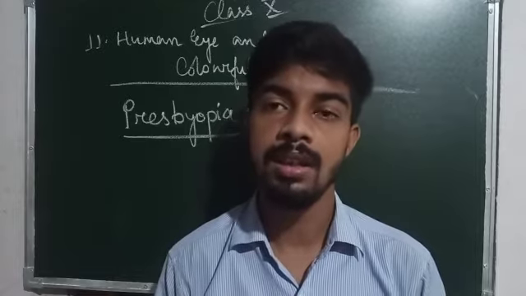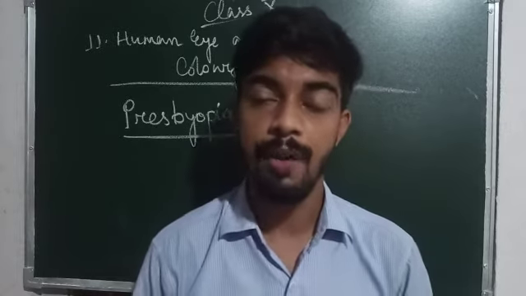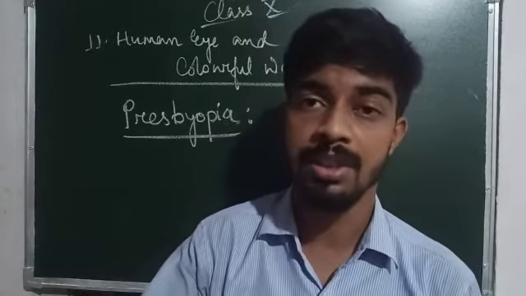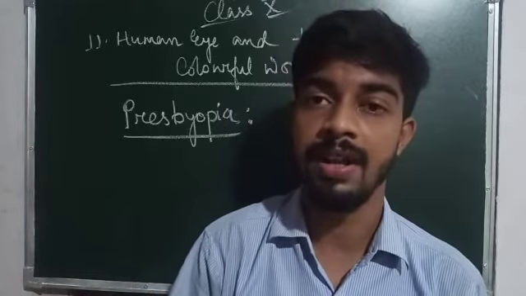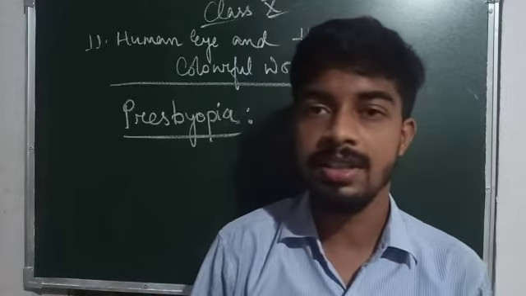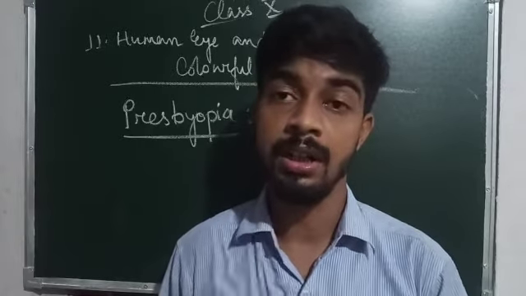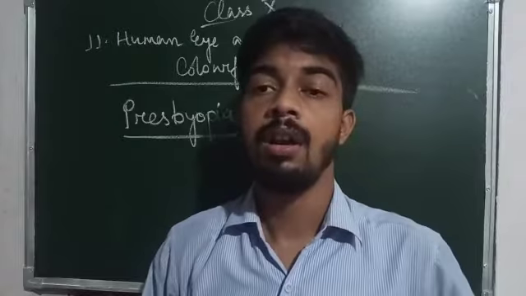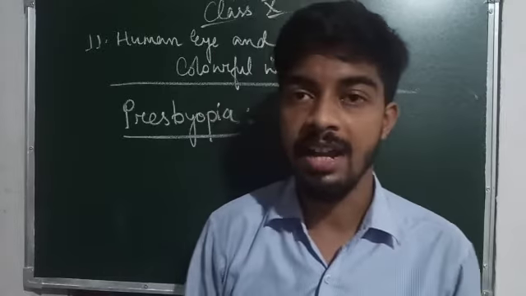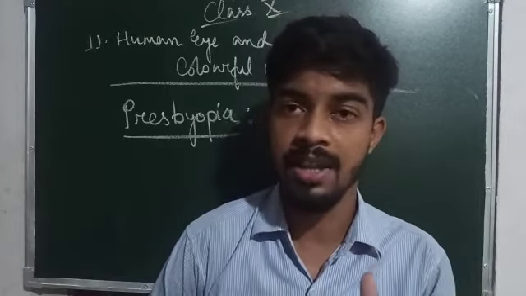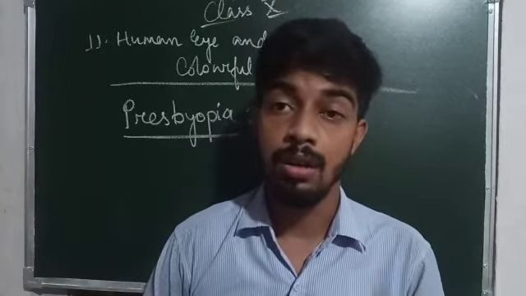First of all, what happens? The near point of the eye gradually recedes away, and the far point also, so while looking at far objects the person finds it difficult. That means the person cannot see the near objects clearly, and also finds it difficult to see the far objects clearly. For this kind of disease, a bifocal lens is used, in which the lens has both types of glasses. That whole piece of glass may have both types of lens, the concave lens and the convex lens.